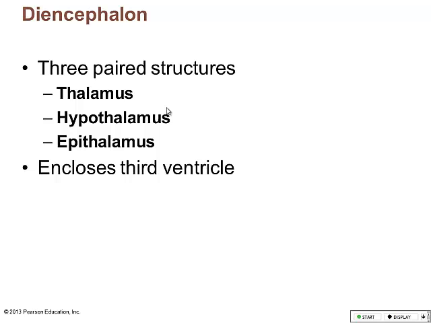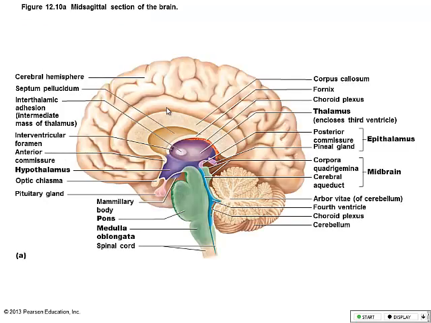Diencephalon. Thalamus, hypothalamus, epithalamus. Enclosed by what? Third ventricle. How many ventricles do we have? 4 ventricles. What are they? I know, they're not in the notes in front of you. I'm asking you, you should have this stored in your brain. 2 lateral ventricles. 3rd and 4th ventricle. Very good. So, on page, again, 440, we see a nice picture of the regions we are going to discuss